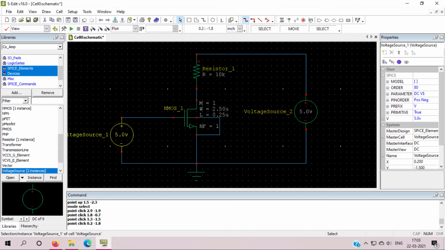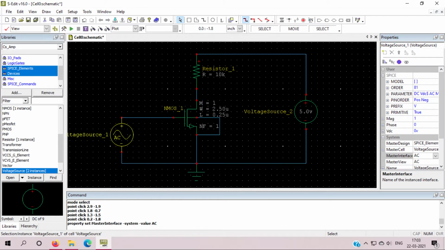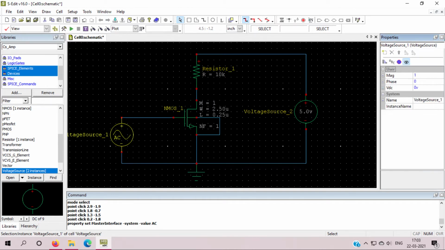Input we need to change because we are going to use AC input, AC analysis. So here I will select AC input. Okay, so this is the AC input. I will change its name. The name should be VGS.